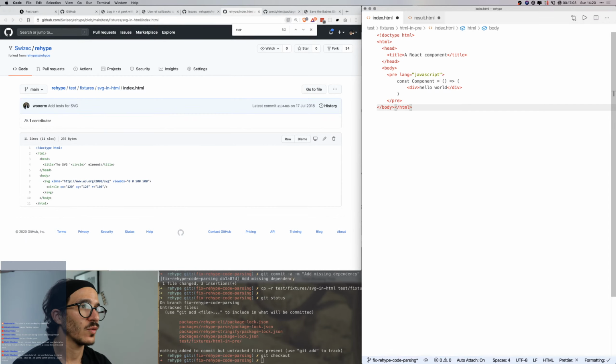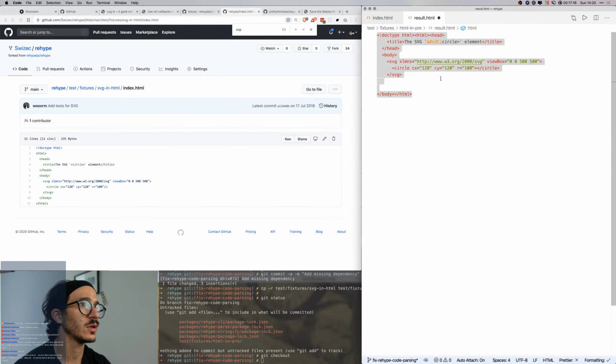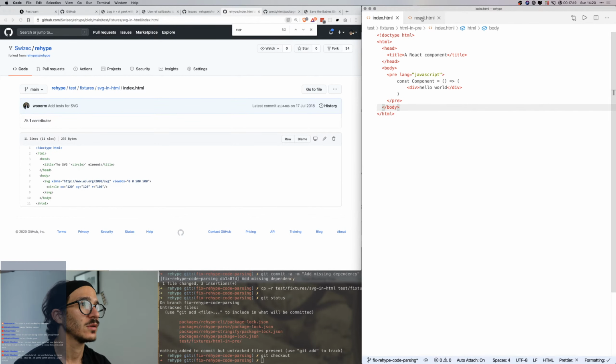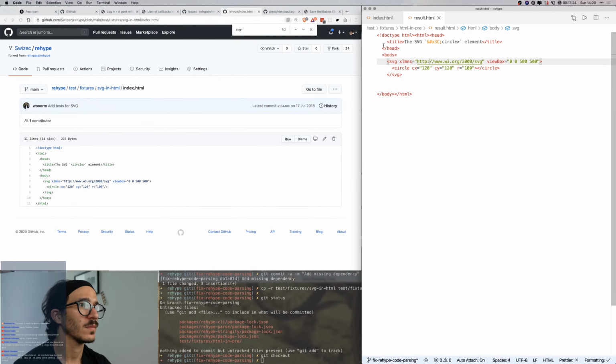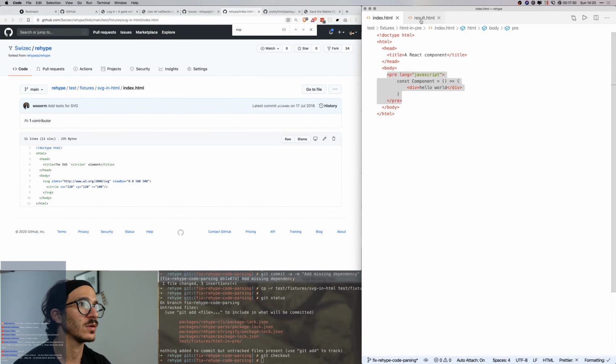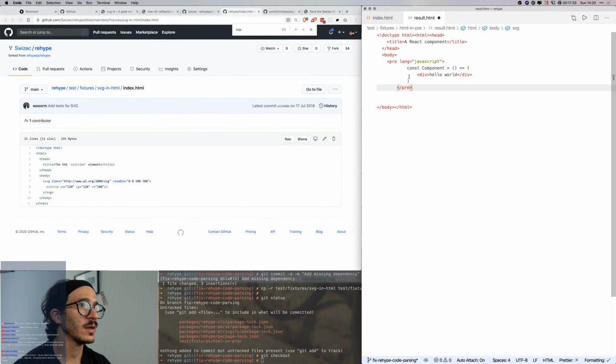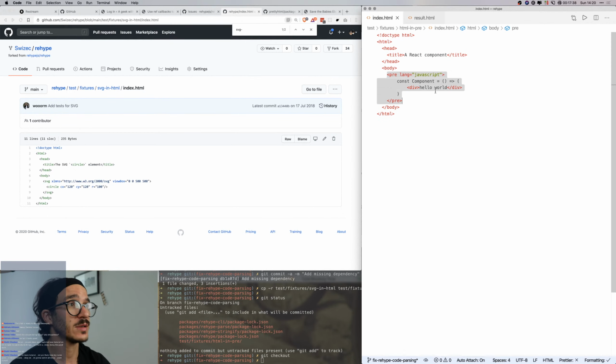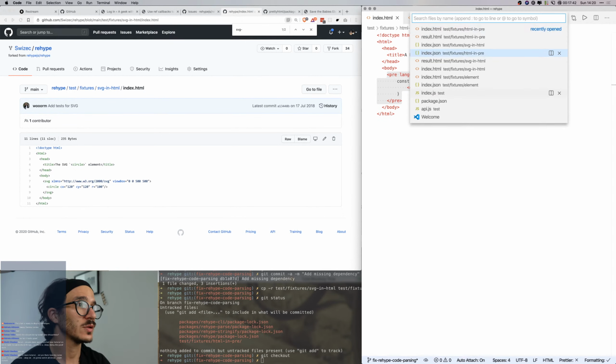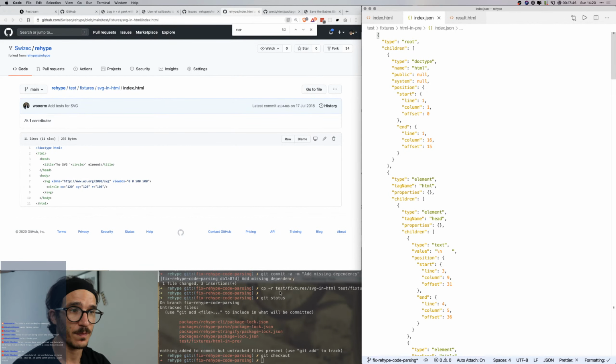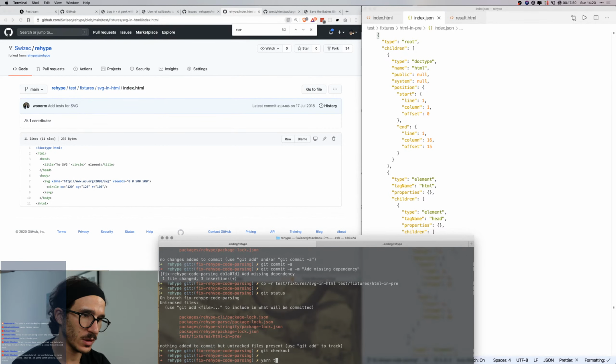Okay, so this should now look correct, and then we get the result, which looks like this. Yes, this is the right one. We take this title and we want the entire result to actually continue looking like this. So we take that, and now I'm going to run tests, and if I set this up correctly, the test is going to fail on the JSON file. So we're going to say run test and see what happens.